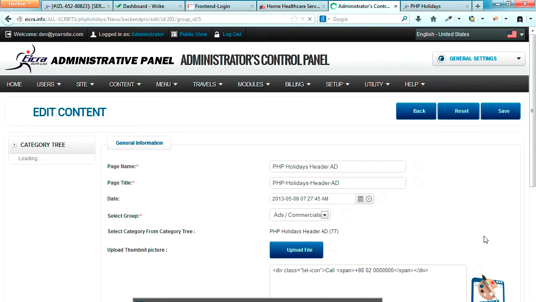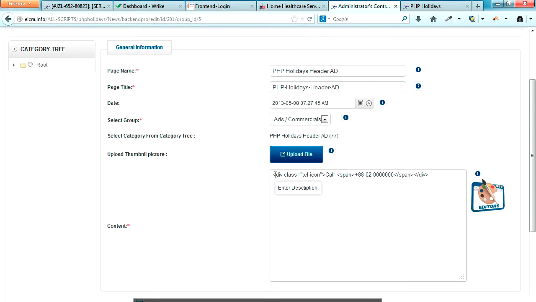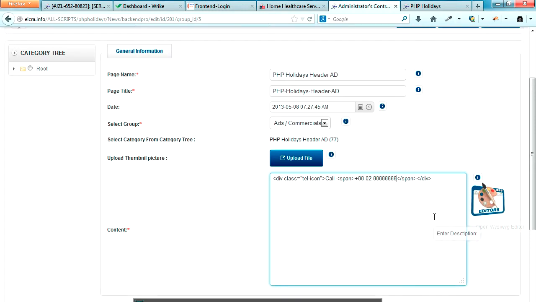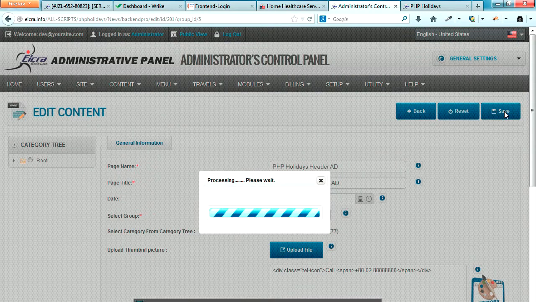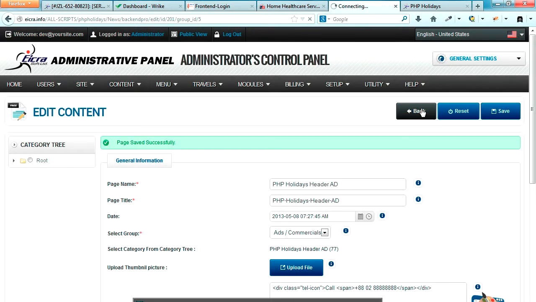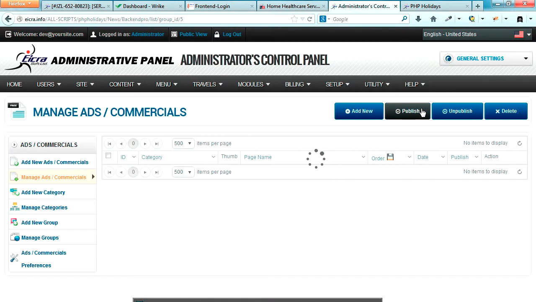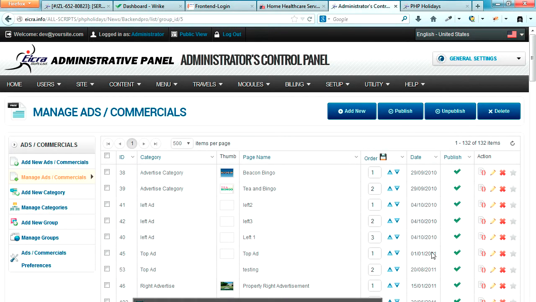the 201 advertisement. If you edit, you can see the page name, title and the body area. In the body area you can see there is a small HTML, which represents the call number. You can load up your editor if you want. I just made some changes, changing all the zeros to 888888, to show you how the change takes effect on our website. Now I save this ID number 201 and then go back. My ad ID number 201 has changed.